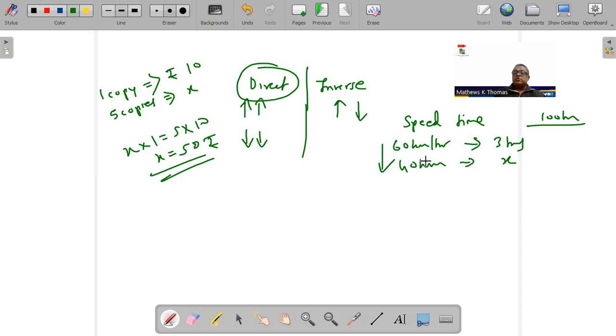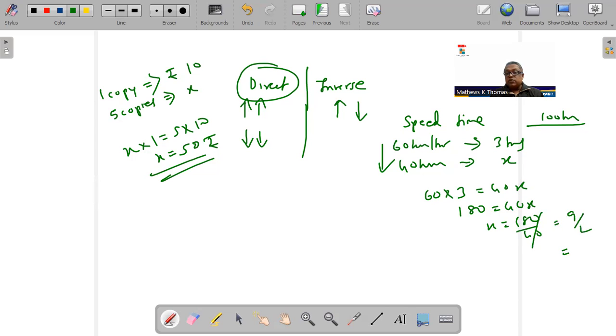In inverse proportion, we will not cross multiply, we will multiply straight. 60 into 3. So it's not like this, it's straight. 60 into 3 is 40 into x. This is 180 is 40x. X will be 180 upon 40. So this is going to be 9 by 2, 4.5 hours. So if you are traveling with a speed of 40 km per hour, then you will take 4.5 hours to